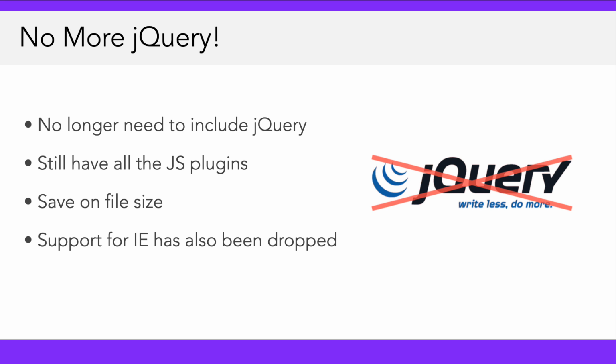All right, so the best part of all of Bootstrap 5 is no more jQuery, no more dependency on the jQuery library. You only need the Bootstrap JavaScript file, although Popper.js is still used for tooltips, I believe. But not having to include jQuery will save on file size. It seems that they're trying to make version 5 very future-friendly. They even dropped support for Internet Explorer so that they could use things like custom properties, which IE doesn't support. And this is a good thing. IE held web development back in many areas for a long, long time. So I'm glad that they dropped support for IE, glad that they dropped jQuery, and we only need the Bootstrap